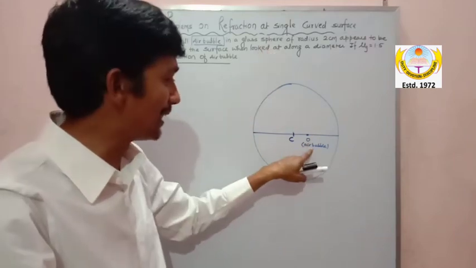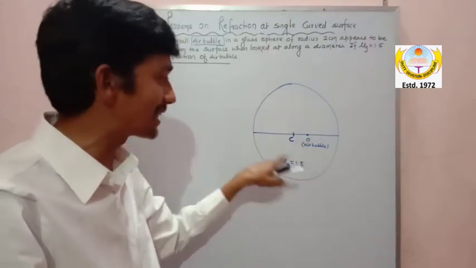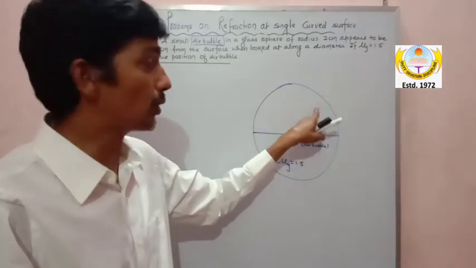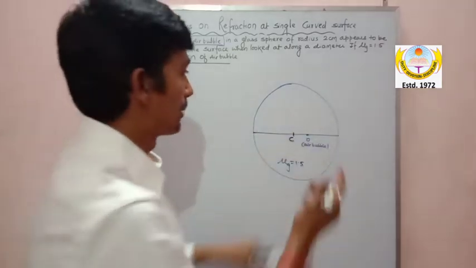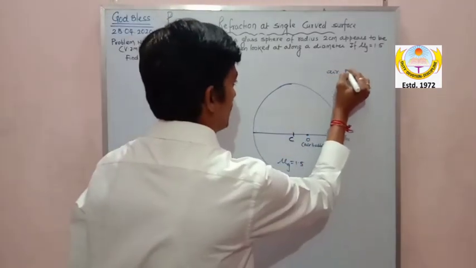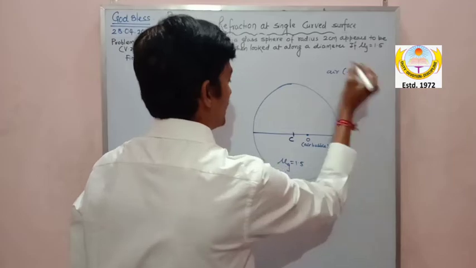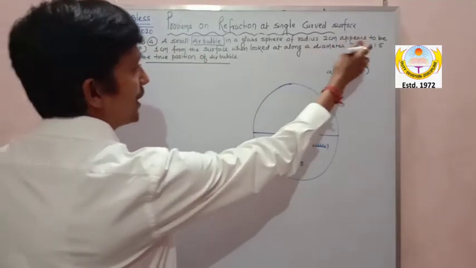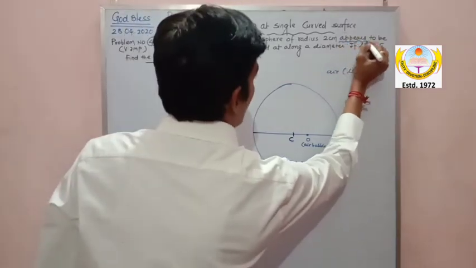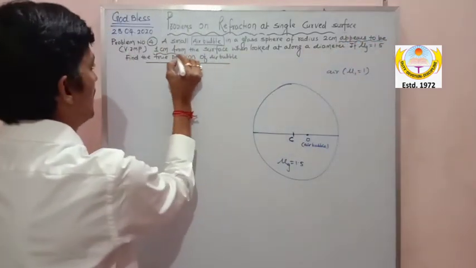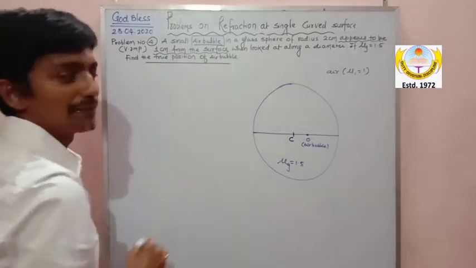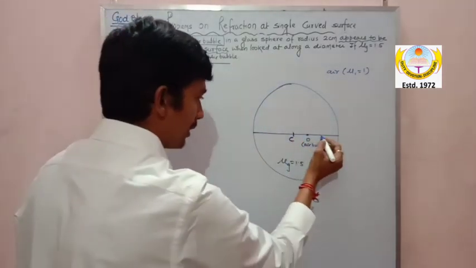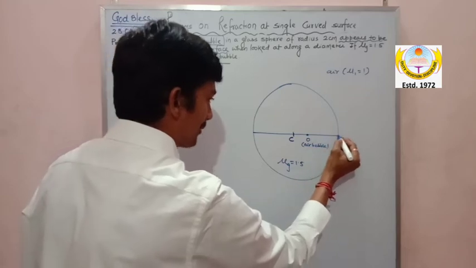So if the air bubble is taken as the object which is in the glass sphere, of course the light from the object will travel in glass and go into rarer. So here, my dear, I'll put here it is air medium having mu1 equal to 1. And what they said, this is also a very important line: appears to be 1 centimeter from the surface when looked along the diameter. So this is the diameter. So it will be formed on the diameter at what distance?